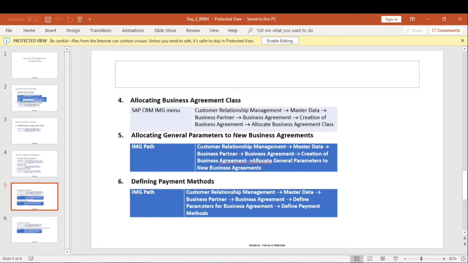If you go for the automatic debit option, we need not enter the details. Once we get the bill, we need not go and pay it through a debit or credit card. It will directly deduct the amount from our bank. That is called direct debit. So whether the customer is willing to go for this option, or debit card, credit card, how he wants to pay the bill is what is defined in the payment methods.